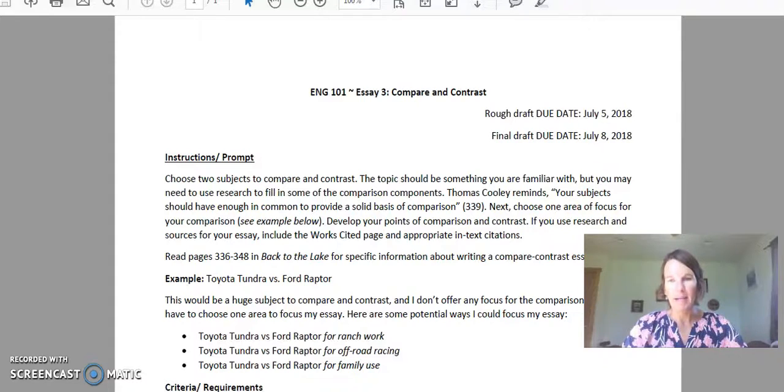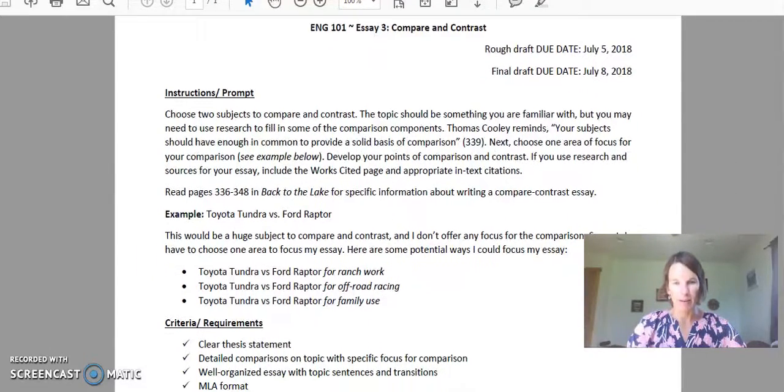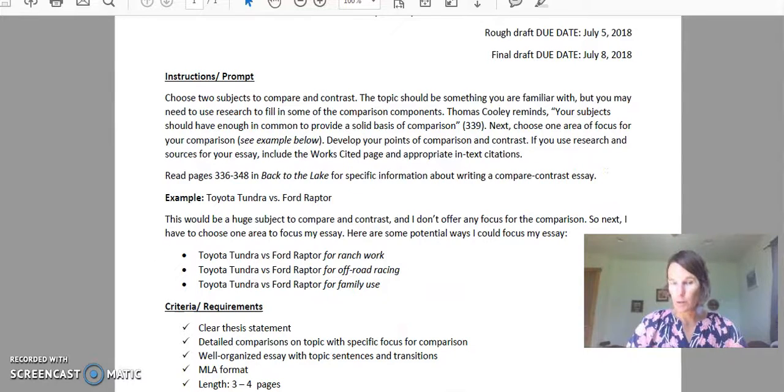The thing about picking a topic is you want to make sure you narrow in on a specific area of that topic. I've given an example here in the assignment. I could compare and contrast trucks. Say I wanted to compare and contrast a Toyota Tundra versus a Ford Raptor. That's really broad. There's a lot of different ways I could go with that. And this is only going to be a 3 to 4 page essay, and I want to make sure that I develop my ideas well